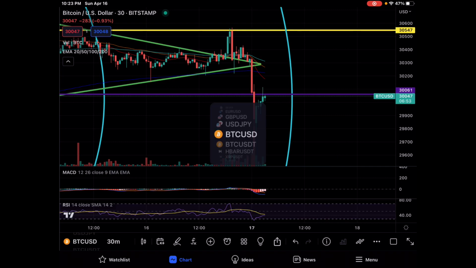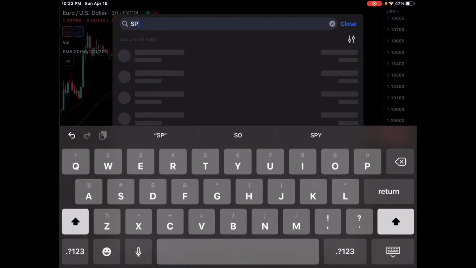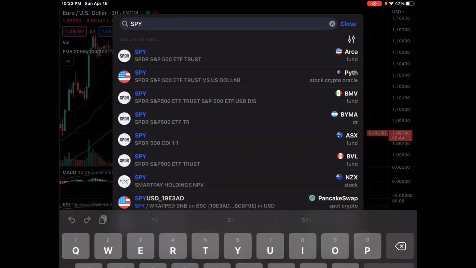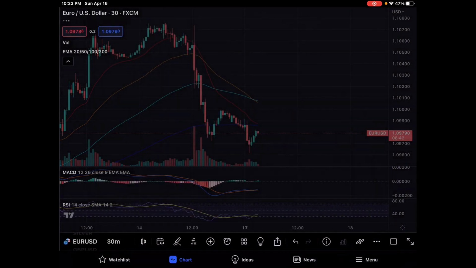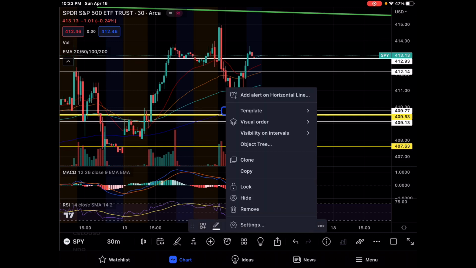Let's go take a look at the S&P 500 right now. On the S&P 500, you can see we've got support on the 413.13, and we completed a small cup after essentially coming down almost to the 409.77, although we didn't really touch bottom there. I know that this 409.77 has been in play for a while, and it's lined up with that 200-day EMA line pretty well, but I think I'm going to go ahead and